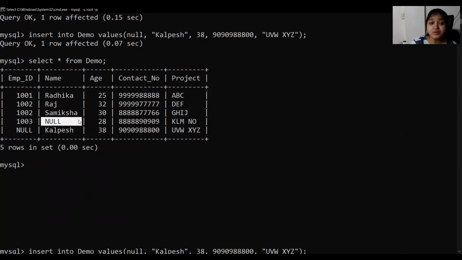There are some attributes which are not supposed to be left null or empty, like name. Suppose your manager wants to evaluate your project and does not know your name. So what we can do here is give integrity constraints while creating our table itself, which will reduce these bugs in our table and allow us to specify some rules that the data entering the table will have. So let's create a table.